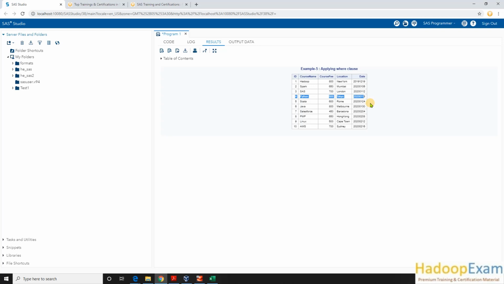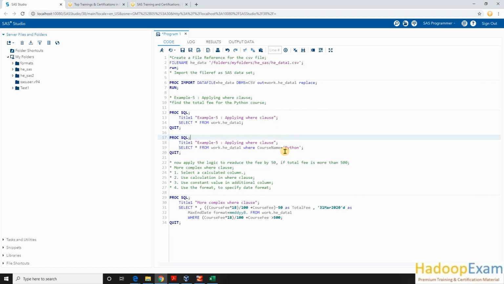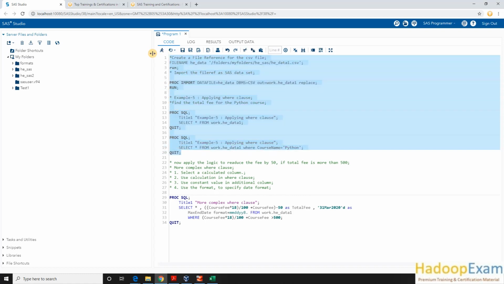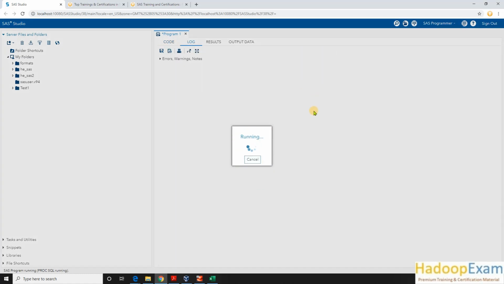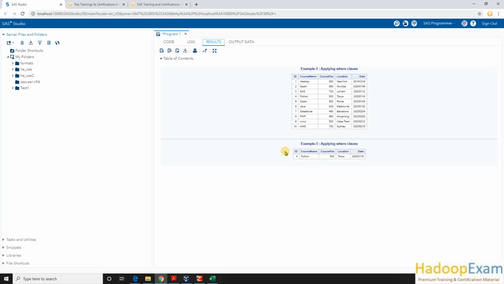But when you work with a huge volume of data, you cannot manually or visually find out what distinct records are available or how to filter them out. Assume there are millions of records. How can you do this? That's the reason the query helps here. What we are doing here is: give me all the records where course name is Python, selecting only records where the course name is Python. Using the where condition you can restrict your result.